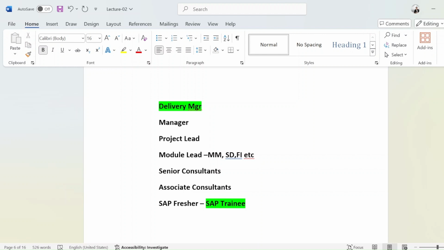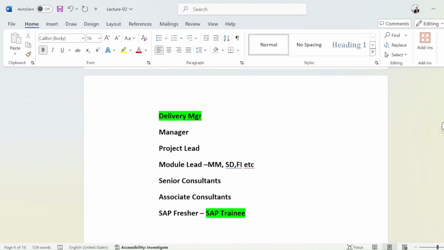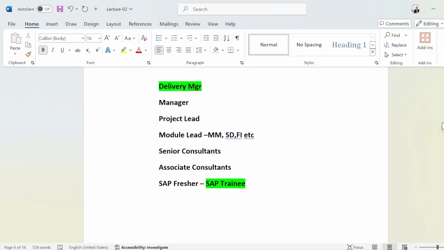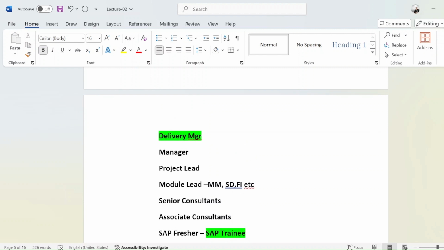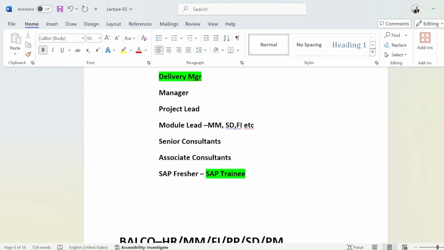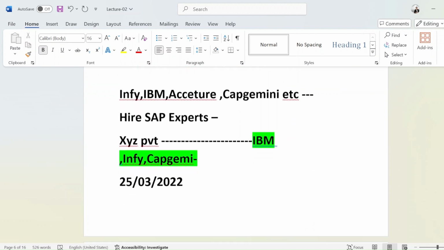Then module lead, then project lead, and then manager and delivery manager. These are the positions, the hierarchy, you can say. Then the solution architect is also there. Some such hierarchy is there.